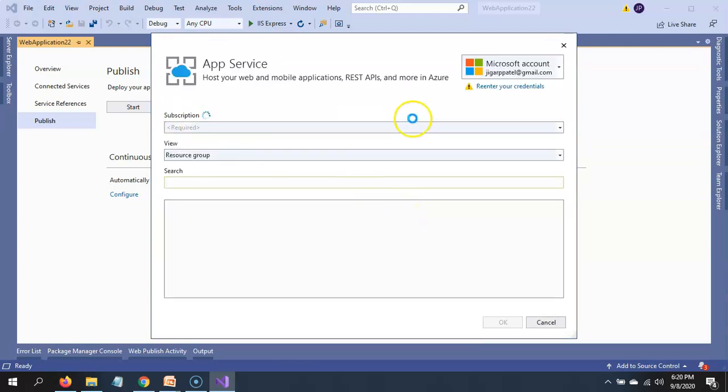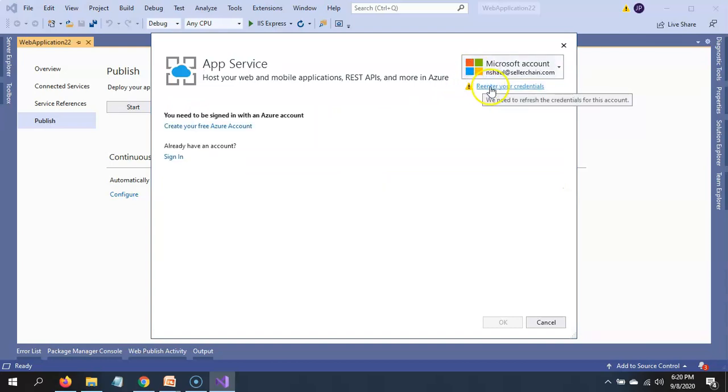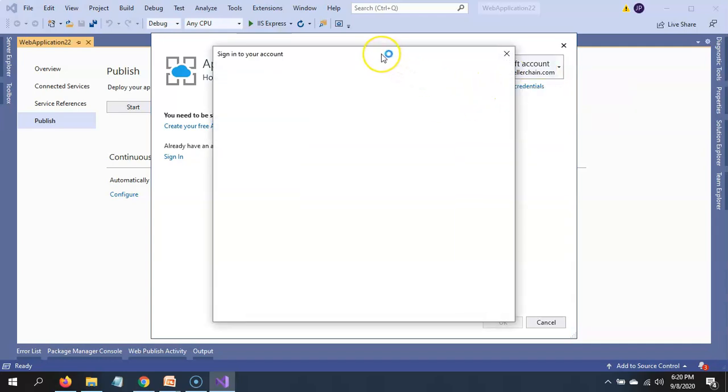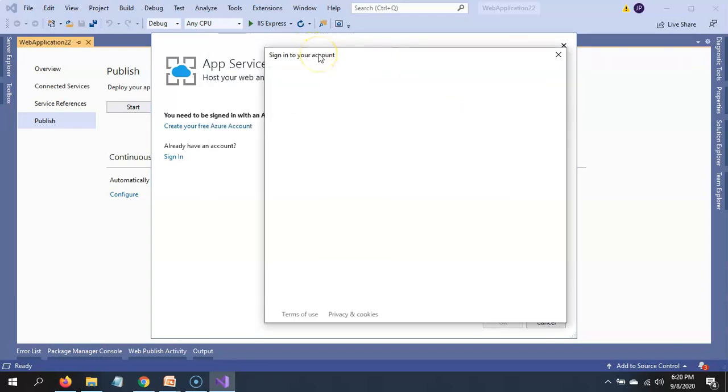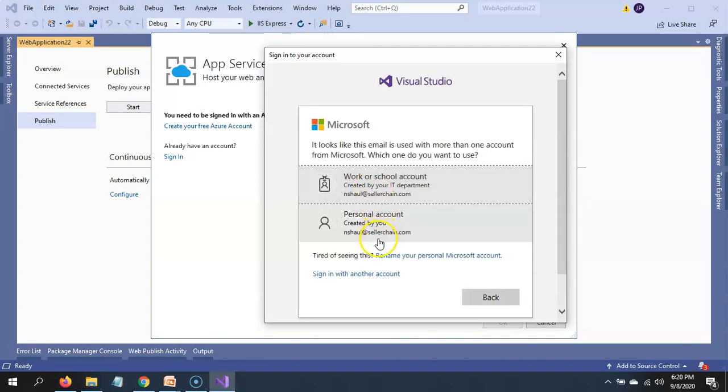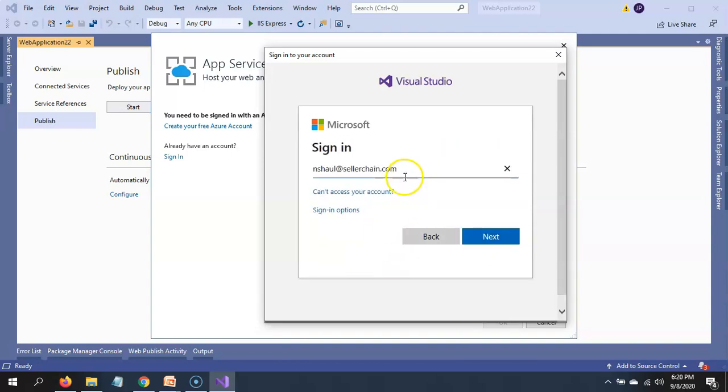So after click on profile, it will show us to select Azure account. So let's add Azure account credentials here. Let me add my credential.